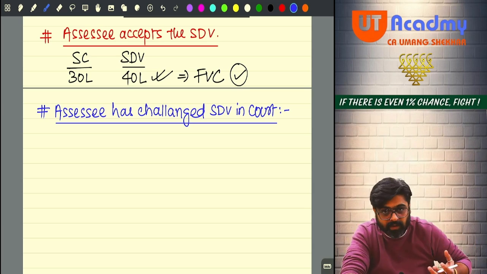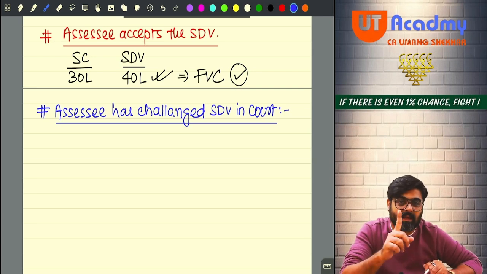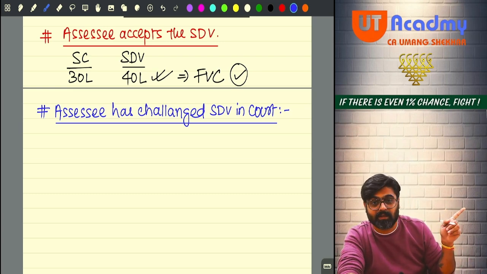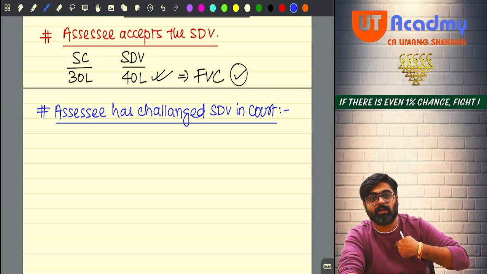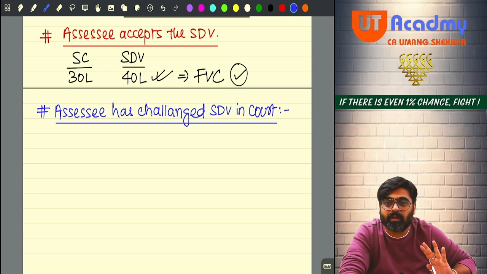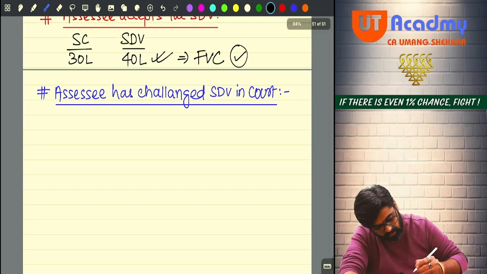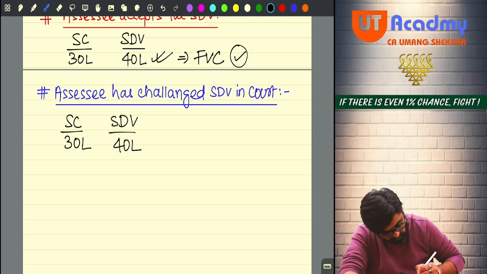So now the court will interfere. The court will finally decide stamp duty value should be how much. Then the stamp duty value which is decided by the court will be accepted by that registrar for the charge of stamp duty. You will also accept. Hello. And we will also consider that stamp duty value only for the purpose of 50C. Getting my point? So if the stamp duty value is challenged, what will I say here? Your sale consideration was 30 lakhs. And the stamp duty value was how much? 40 lakhs. Do you accept it?